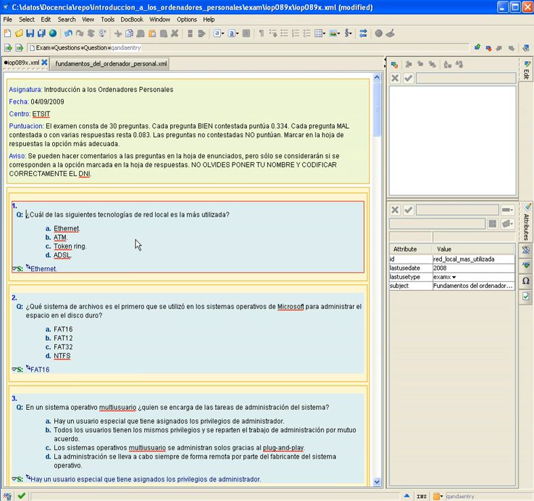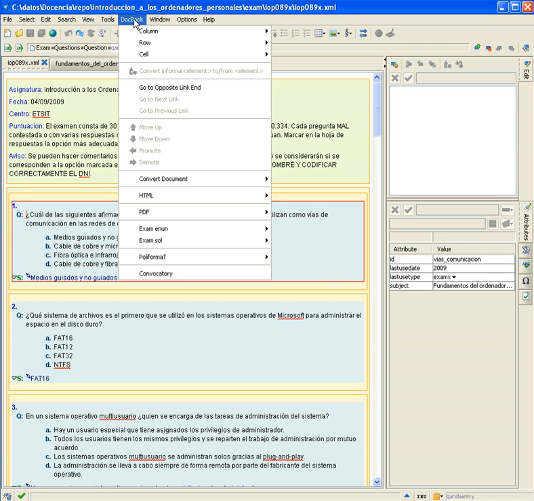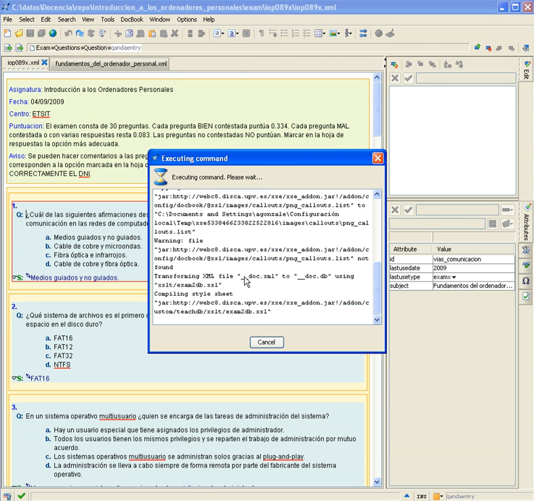In such a way, we build the exam without having to replicate the content for the question, only linking it from the learning document when the question is included by means of XInclude. Now we are going to produce a printing format for the exam. With these customized menu entries, we can produce two versions for the exam according to the orderings for the questions and the answer options, and we can see how it appears in PDF.